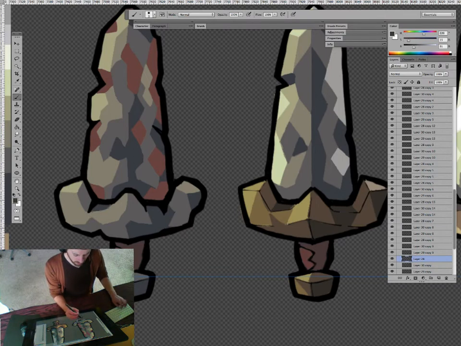I decided to call the... Am I coloring on the wrong layer? Dang it. So yeah, basically the part between the grip and the blade for every weapon, I'm just going to call the haft as an easy shorthand,